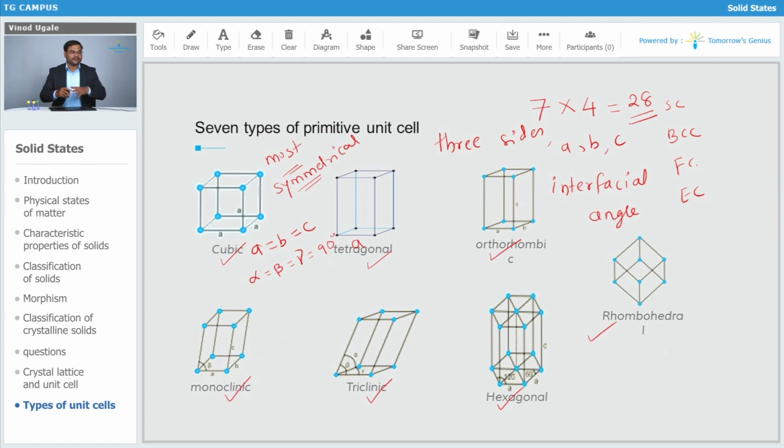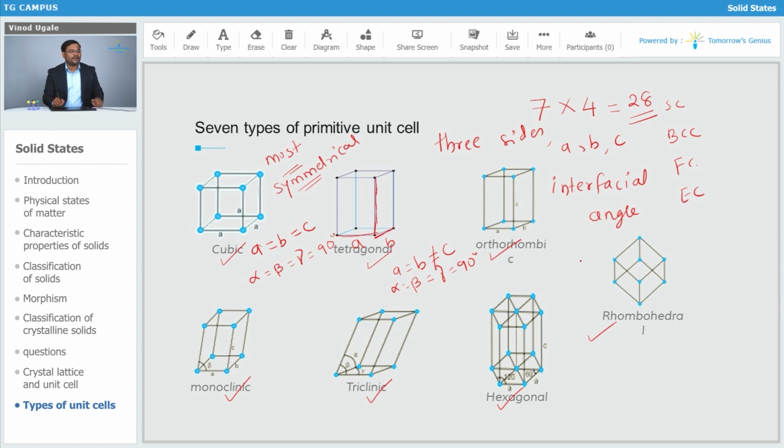So like we have seen in the cubic crystal system that all parameters are equal, the most symmetrical one. Now let's see what happens in the case of tetragonal. By the diagram you can have an idea that these two sides are the same. So A is equal to B, but the length of this side is quite longer than the other two. So A and B are not equal to C. Two sides are equal, one is not equal. And in case of angles, we can see that all the angles are 90 degree. So alpha is equal to beta is equal to gamma, all are going to be 90 degree.